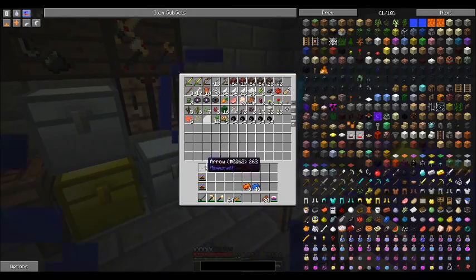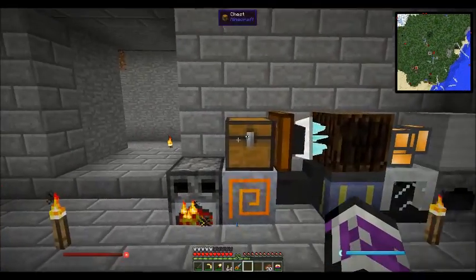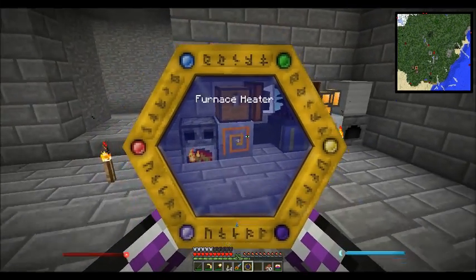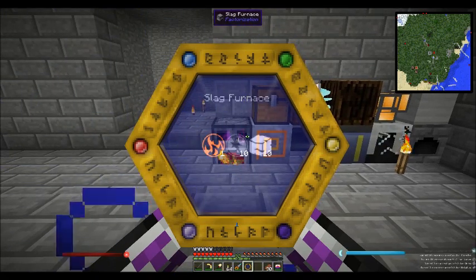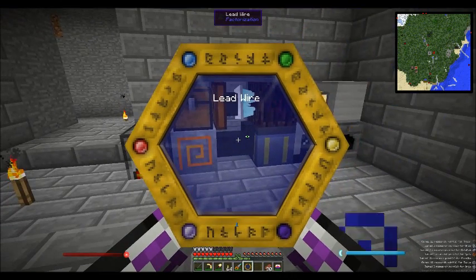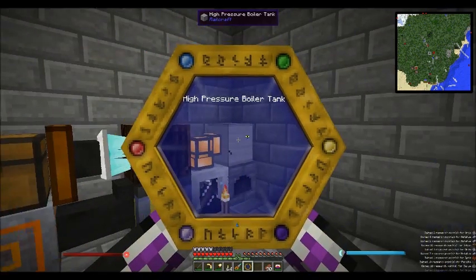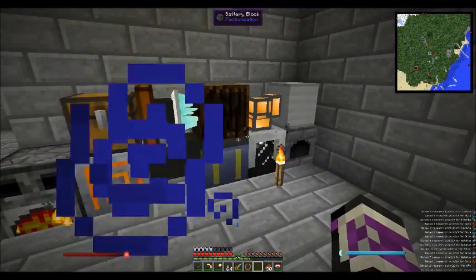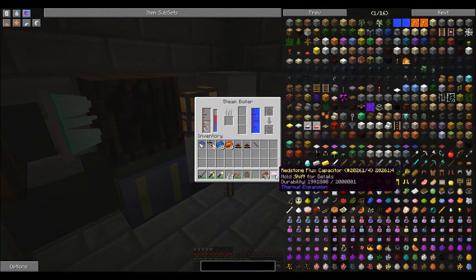As you'll notice, I really don't know where anything goes. Like, I become lost in my own base. Have I scanned chests? I have. How about furnace heaters? Ooh, and slag furnaces. Nice. Nice, nice. Alright, so this guy will cool off now, but that's...